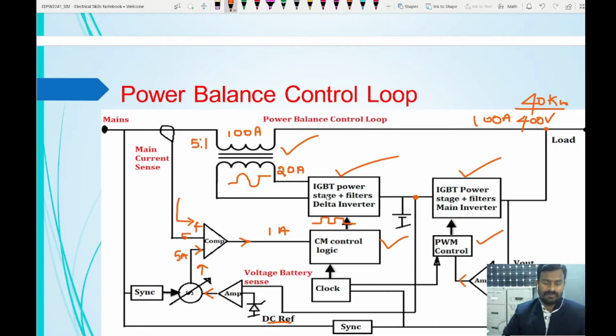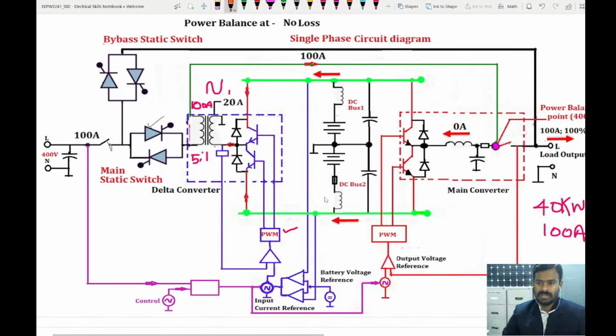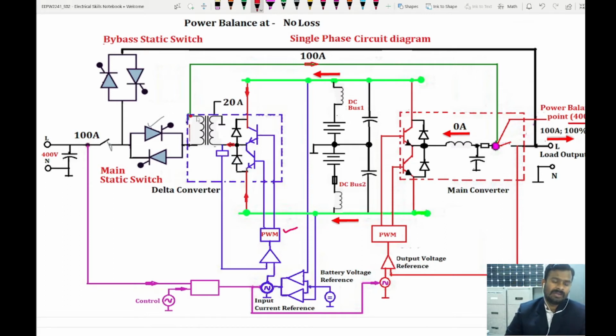Okay, so now we will see with respect to the circuit how it is going to work. The same example you can see here. I have the load which is of 40 kilowatts. So the voltage is set at 400 volt and the current is set at 100 amperes at the power balance point. So this is the power balance point. The same voltage is available at this point because these two are interconnected. That is the primary coil, one side you get 400 volt here from the power balance point, and on the other side, in the first case,